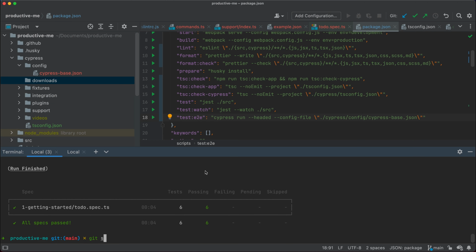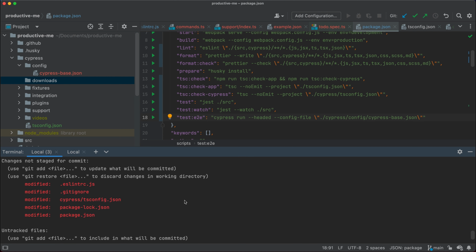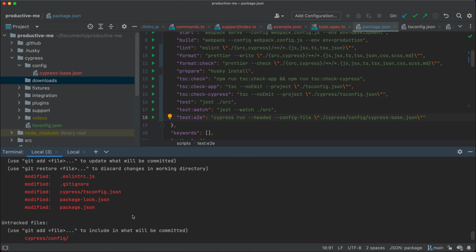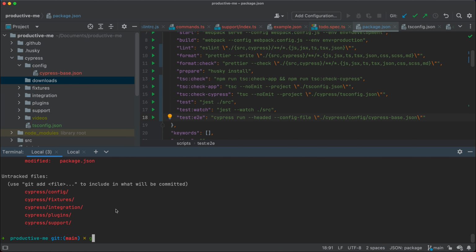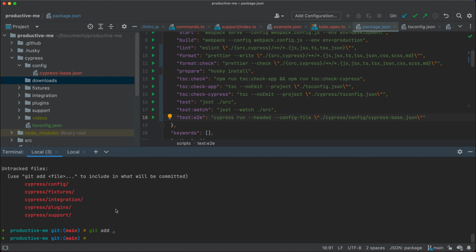Nothing new. Great. Let's see git status and have a look at all the files that we are committing here. I'm going to add all of them, so I'm going to do a bulk add. And let's commit this and say feat: integrated Cypress